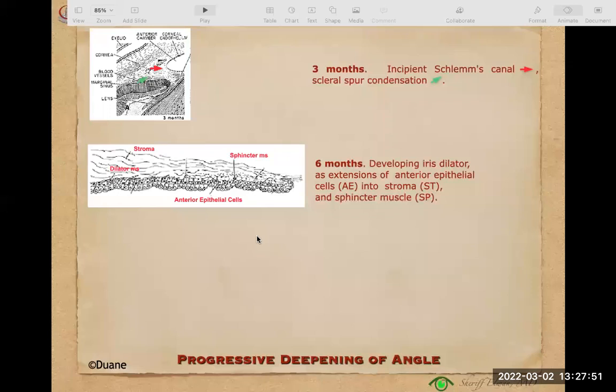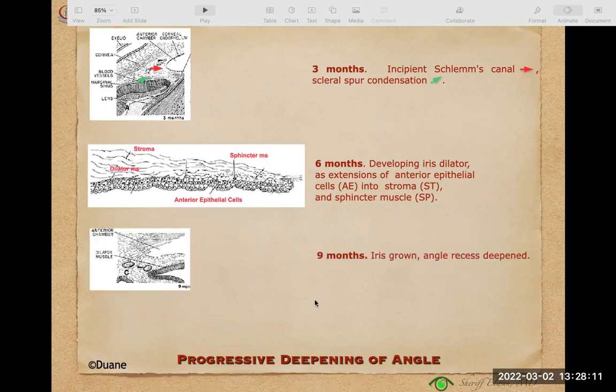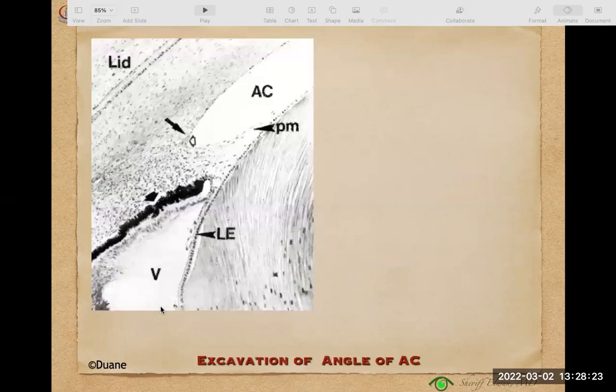Then at 6 months of development, the iris dilator muscle appears as extensions from the anterior epithelial cells of the iris into the stroma, and the sphincter muscle of the iris appears as well. And at 9 months, the iris is fully grown, and the angle recess is fully deepened with its Schlemm's canal and scleral spur, where